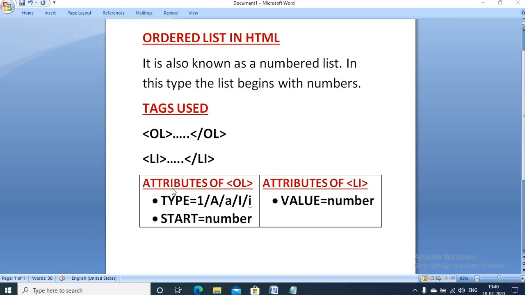Now let's see the attributes of OL tag. There are two attributes of OL tag, that is type and start. Type defines what type of numbering will be shown in front of the list item. Either it will be 1, 2, 3, capital ABCD, small abcd, capital Roman numbers or small Roman numbers.